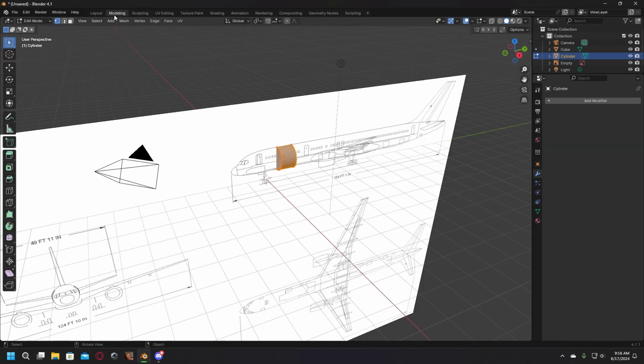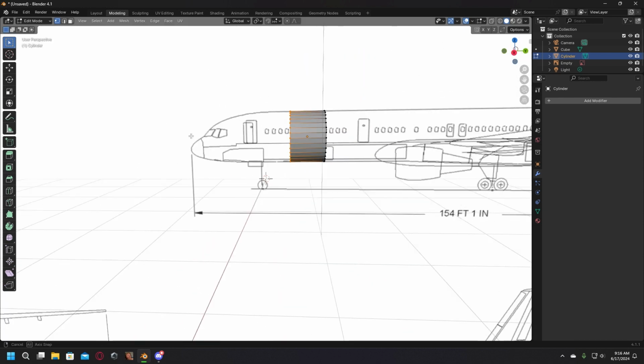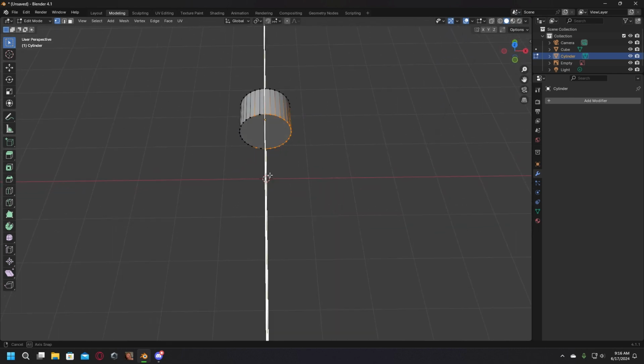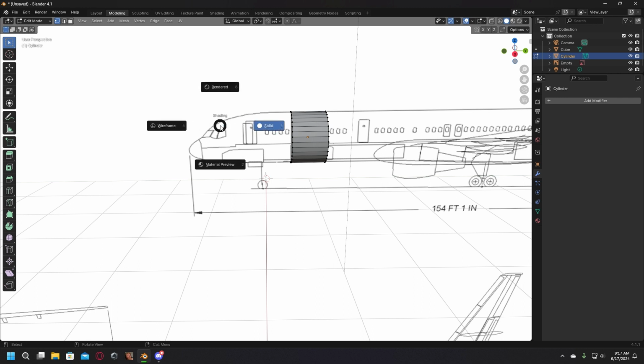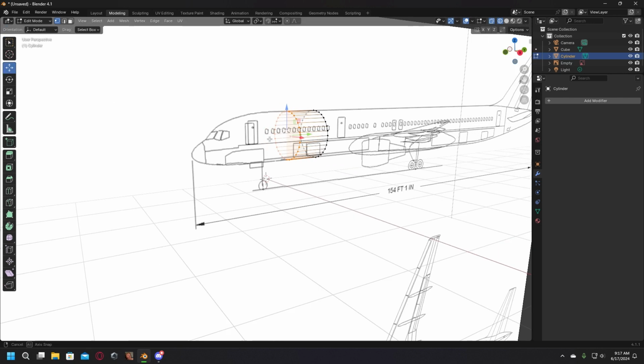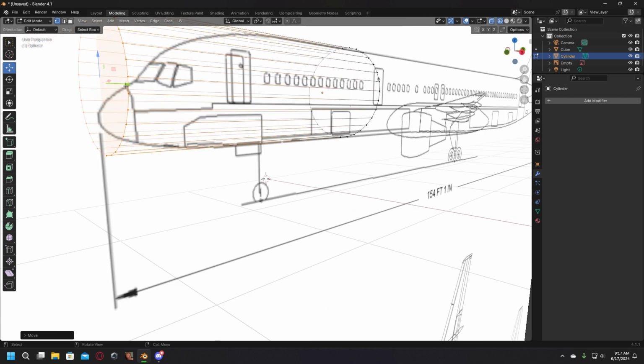So now what you're going to do is go into modeling, and if it's solid, when you select these, it only selects the visible half. So the way you want to do it is hold Z, and then go over here to wireframe, and then click it. And then you're going to select these and move them over to the ends so where it lines up with the nose, and then scale it down